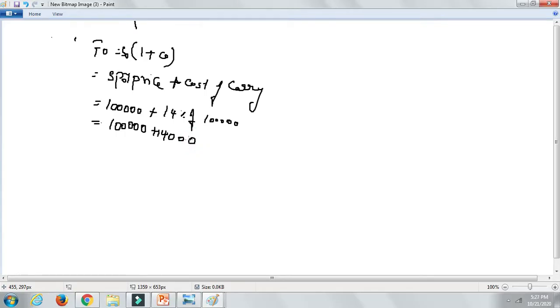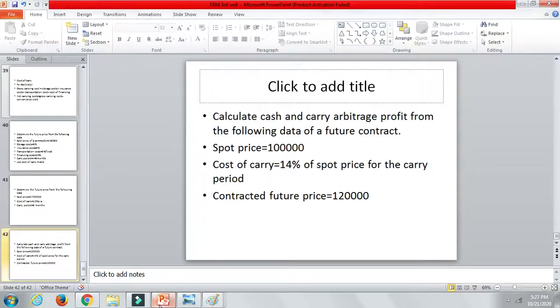So if you check this out, you will get the future price as 1 lakh 14,000. Now what is the continuation of the question? You can check out: calculate the cash and carry arbitrage profit from the following data of a future contract. So basically what we got is the future price of